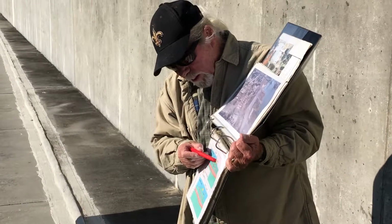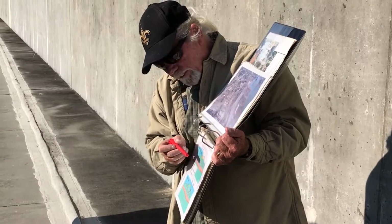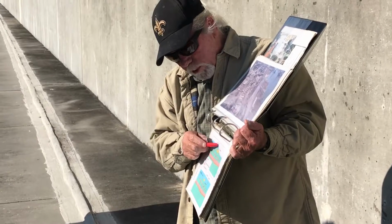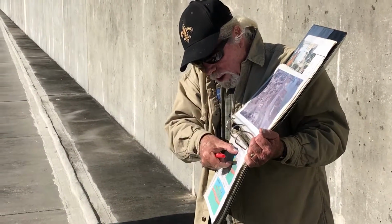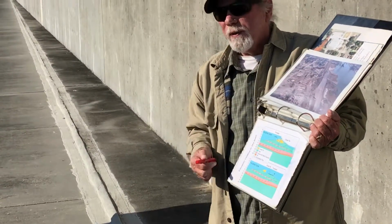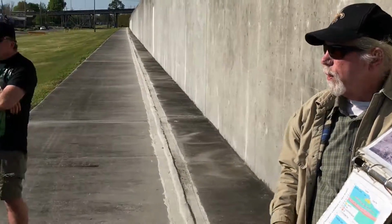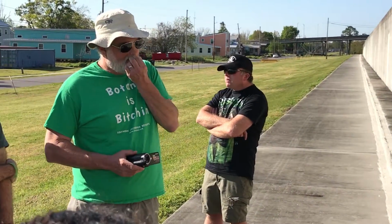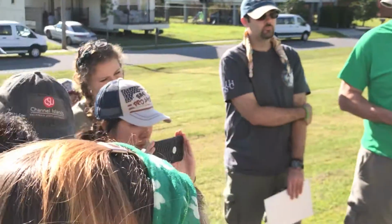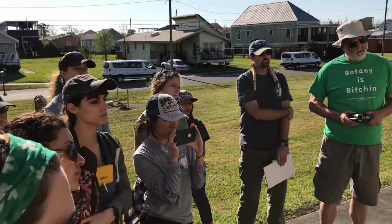That 6 inches of water coming over, or that 2 feet of water coming over, 2.5 feet coming over, probably eroded a trench and also pushed the flood wall over, or started pushing the flood wall over. All of this was pushing out, and it essentially tipped the flood wall over catastrophically, as it turns out. All of this water went rushing through the lower ninth ward. Anybody that was out here basically felt a tsunami wave, almost a 20-foot high tsunami wave coming through the neighborhood. Anybody that had stayed here and didn't evacuate most certainly died if they were staying right